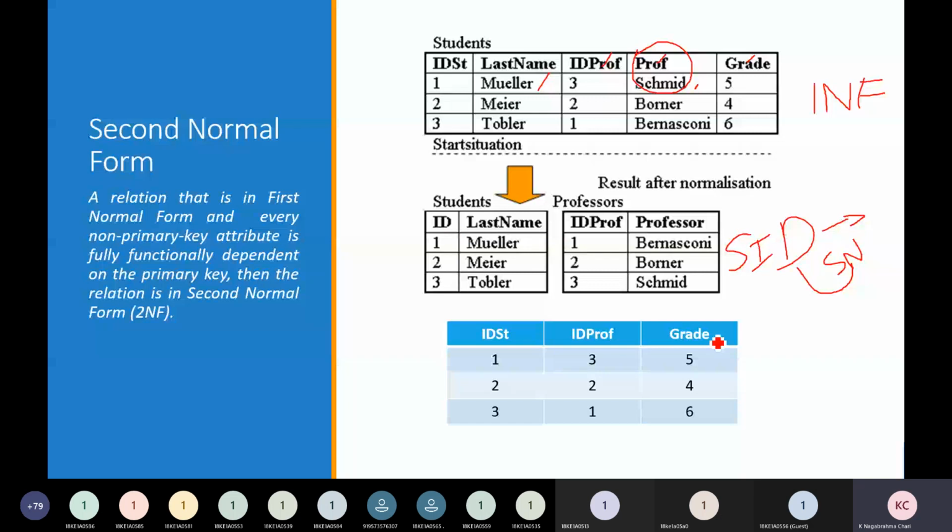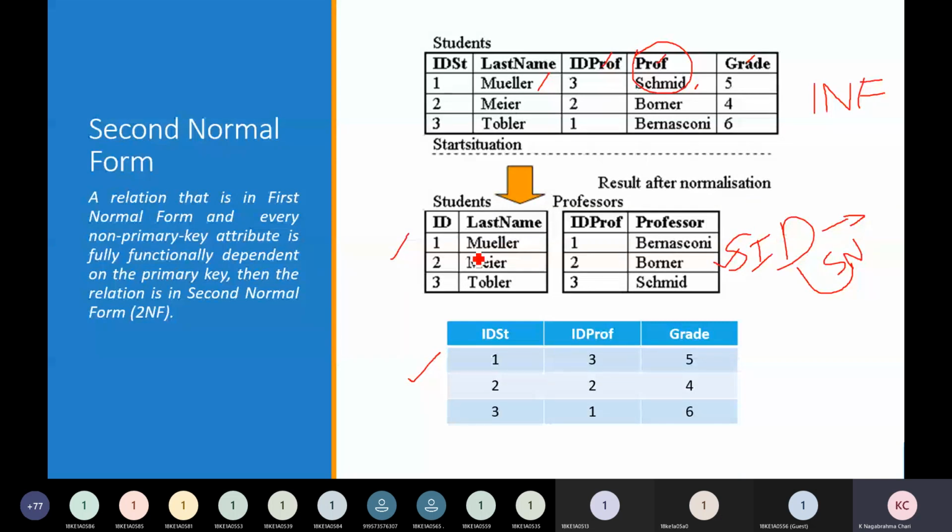Okay, we are going to break this table into three tables. So one is students, another one is professors and another one is the grade table. You understand? So here the grade table is linked with student ID, professor ID and grade. Okay, so if you want to perform some operation, see here, now I want to delete only the student, you can delete the student data.